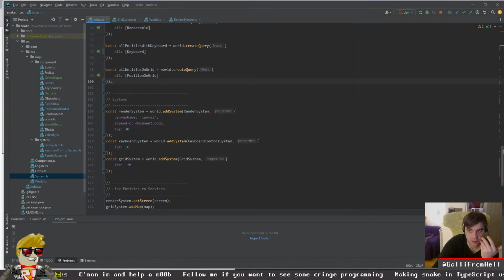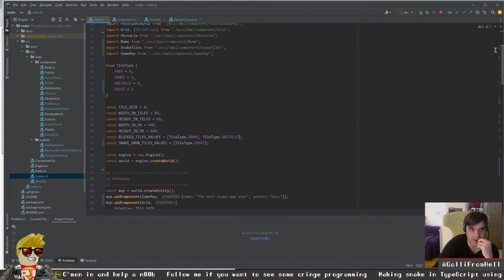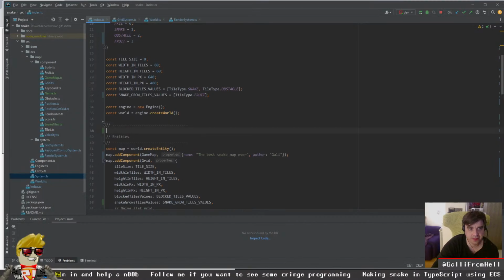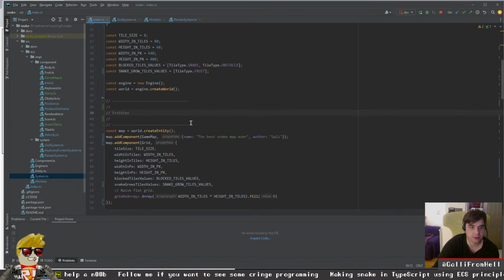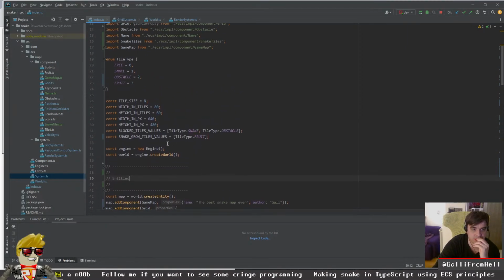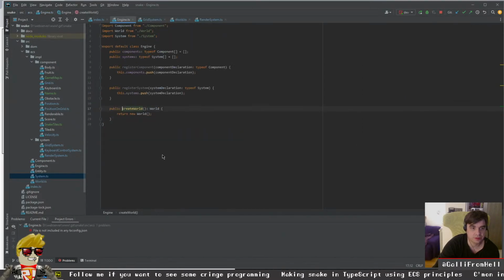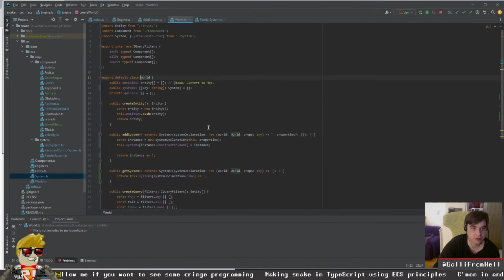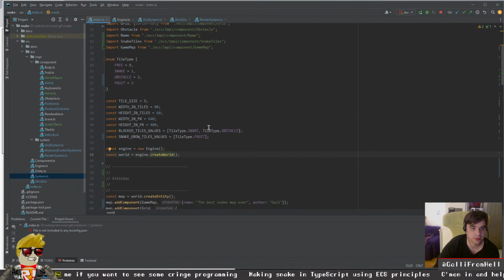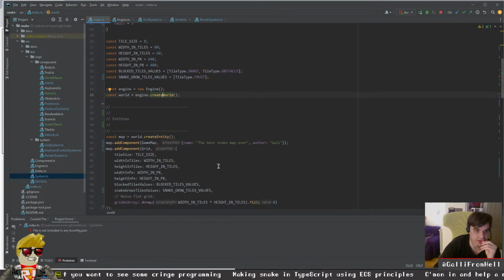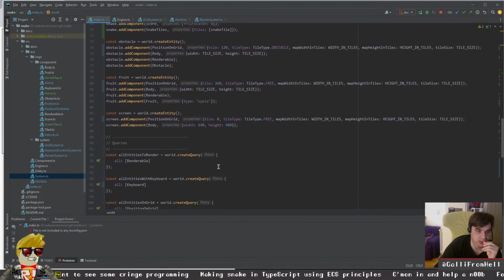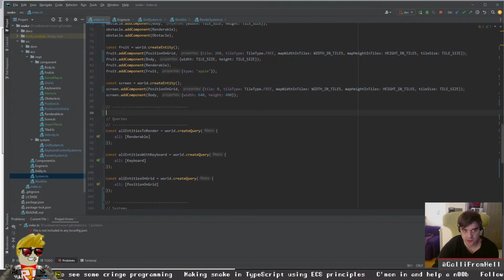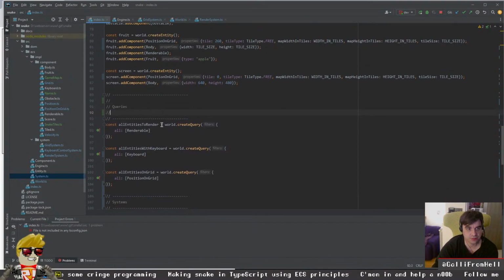Because you create the entities. I think I need a much wider space here. So you create the entities, you instantiate the engine, the world. It's like a new world. You do the entities. You do the queries, which can be cached,